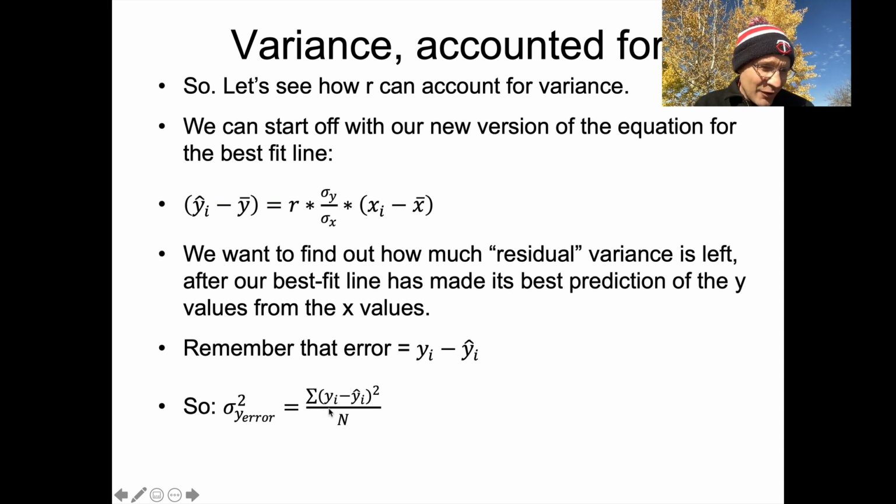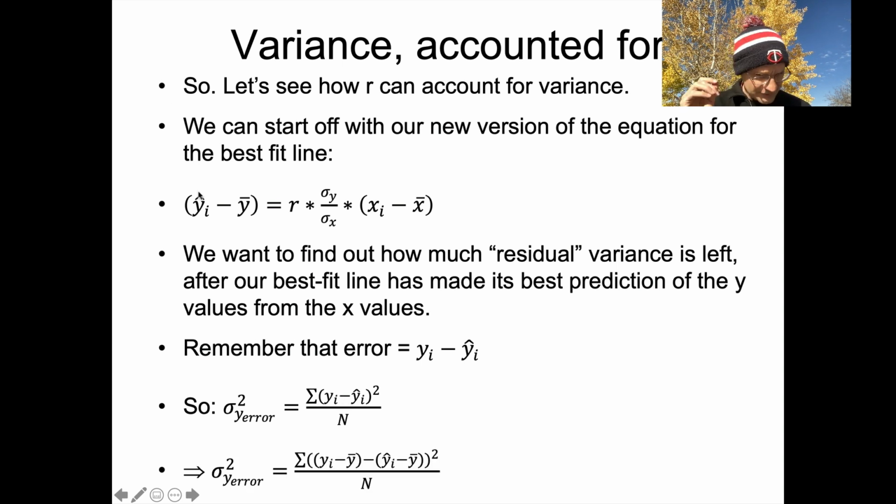So we're going to start off with an expression for the variance of the error terms in y as this, which is a little bit of a mess, because what we're doing is we're looking at the sum of the squared deviations of the observed minus the predicted values of y all over n. So we're not getting the mean directly involved here as we normally do in calculating variance, but we can kind of sneak it back in by just looking at those deviations independently, like this.